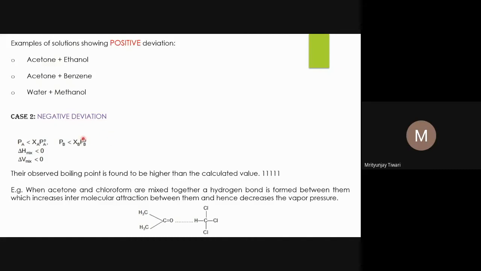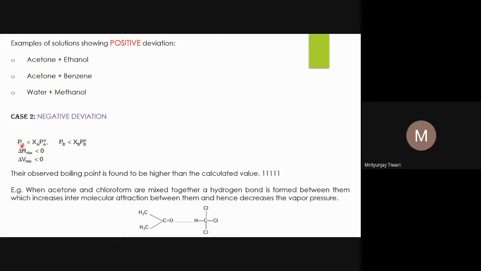Negative deviation, again delta H is negative in this case. That is why it is negative deviation. Delta V is negative, less than 0. And so we call it negative deviation. If delta V and delta H are less than 0 or negative, it will also correspond to the